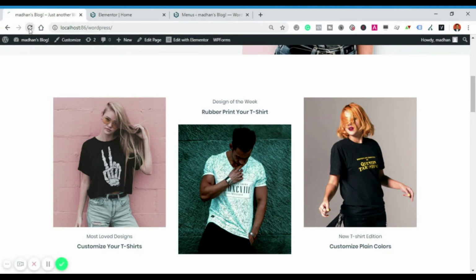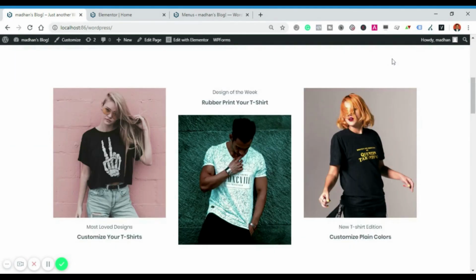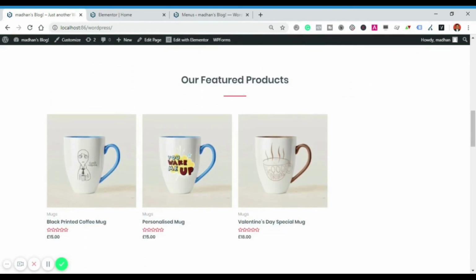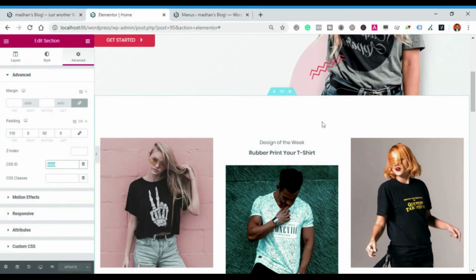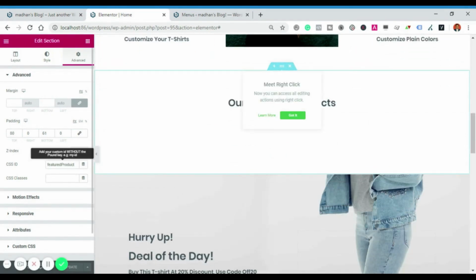Now let's go to home, refresh, go to the top. See here, t-shirts got added. Click on it. This has navigated to this section, right? Now what is the next section? Featured products. What's the ID that I have given to this? Featured products.